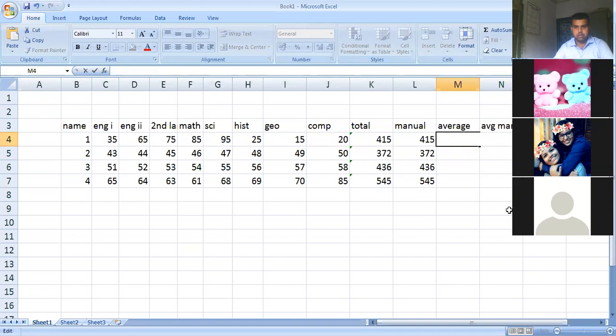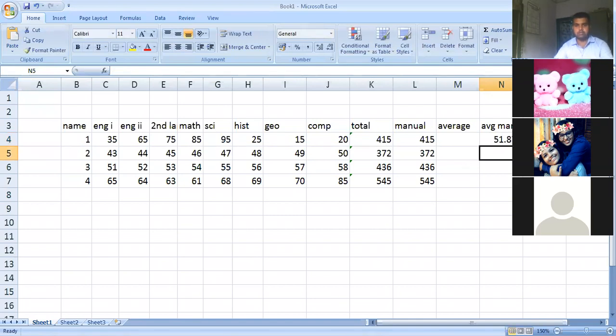So we will press equal to. 415 is available in K4, as you can see. So K4, then the division sign, as you can see on your screen, divided by 8 subjects, and bracket close.